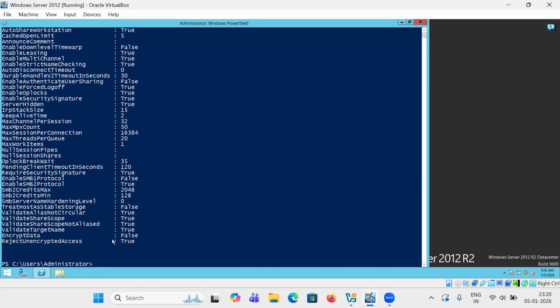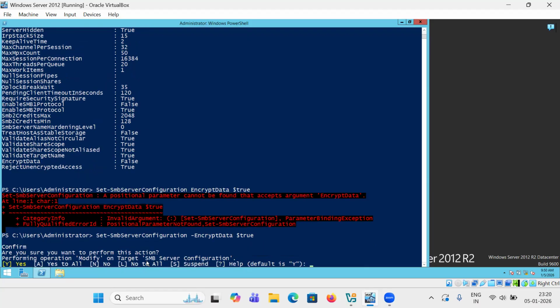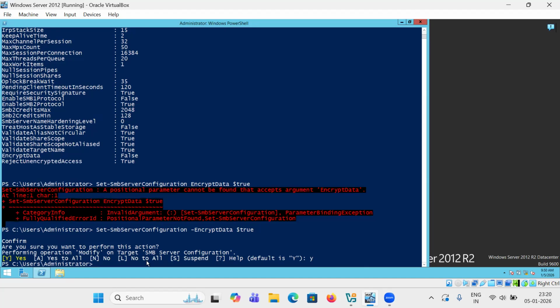This is the main one, EncryptData. This is set to false, so we need to enable this. We can use this command, Set-SmbServerConfiguration, with EncryptData. So type yes, and this will enable the